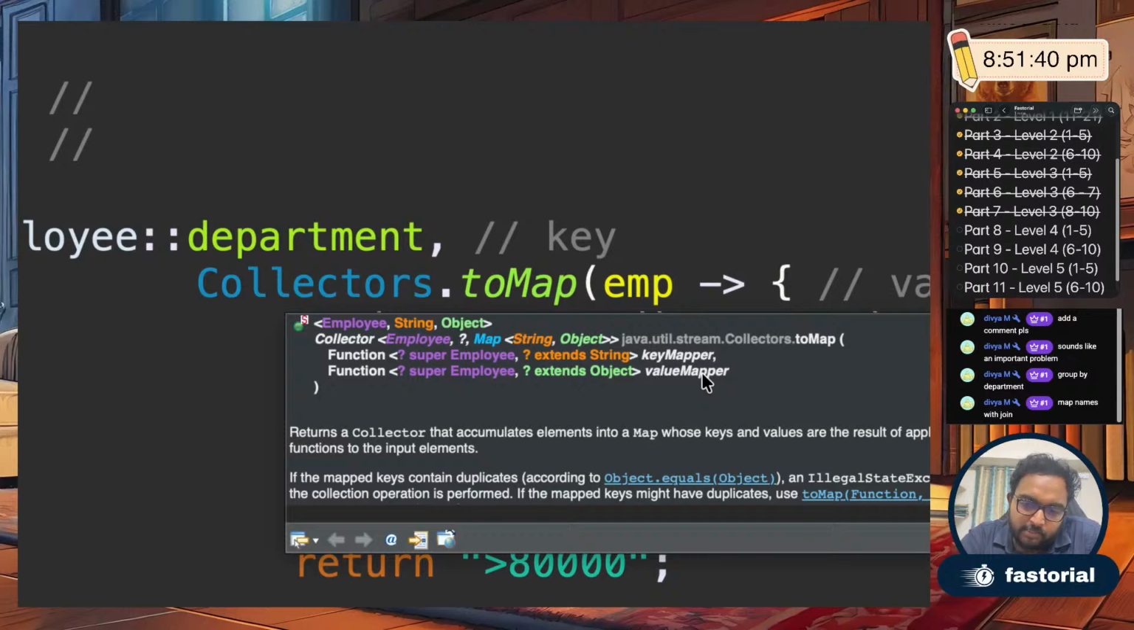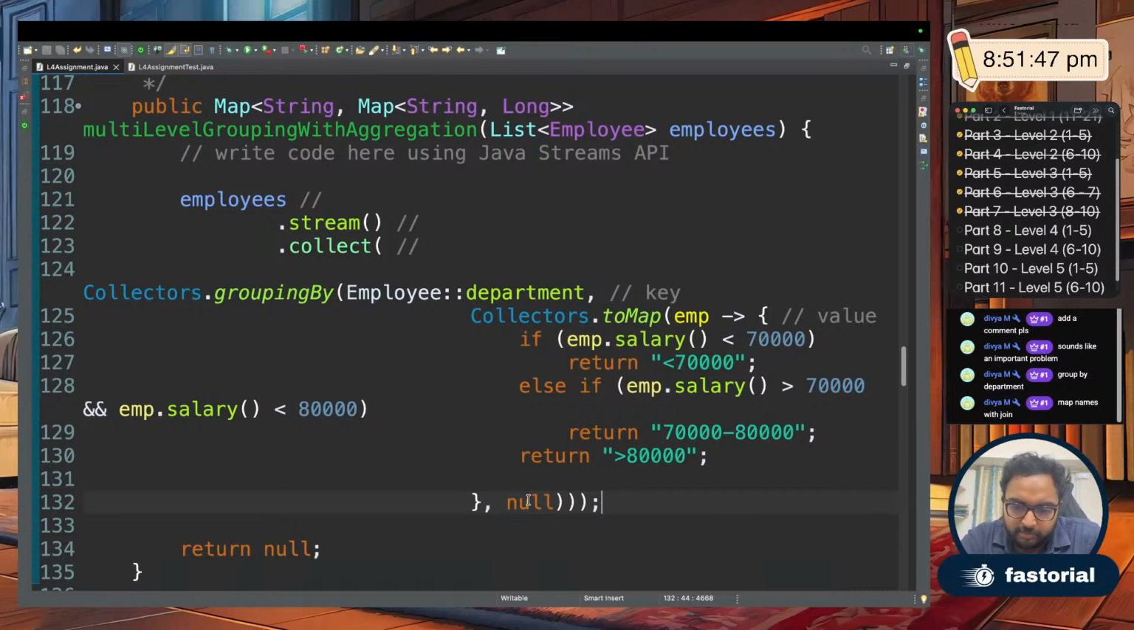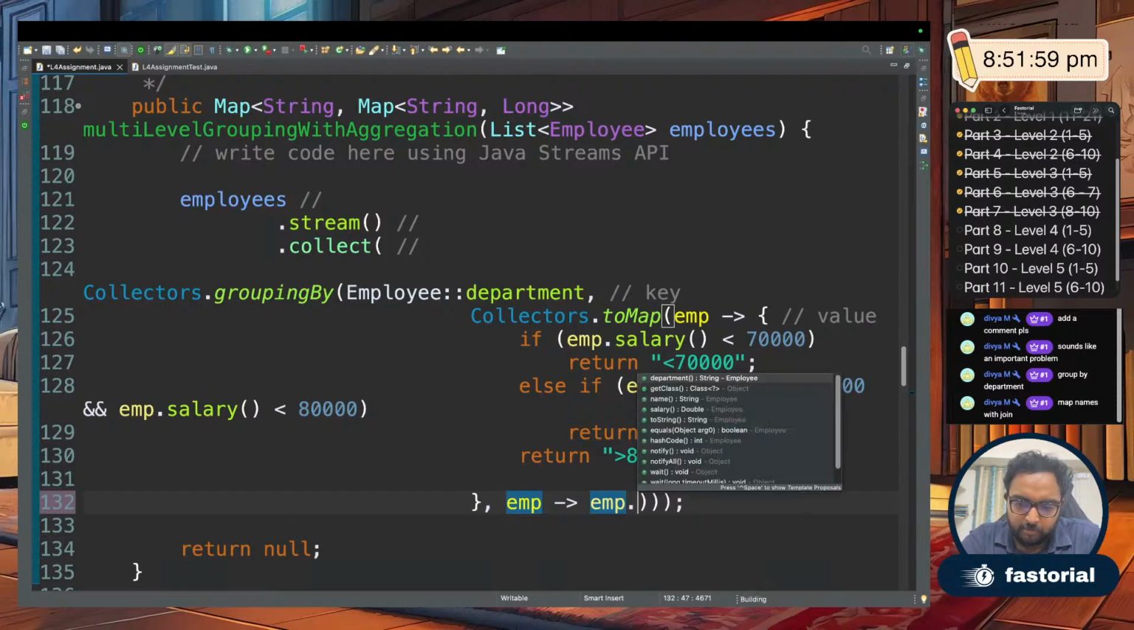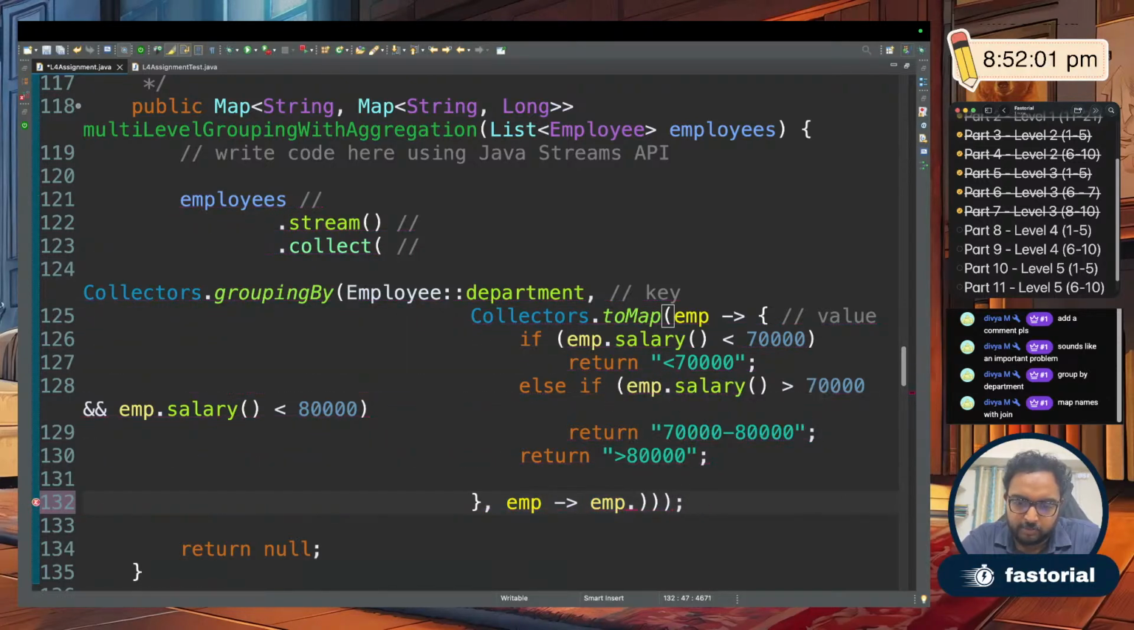What I was trying to do is give a function in the beginning and give a collector in the second. So what we should do instead is this second one also gets the same stream. Okay, so what I'll do is emp dot, oops, what I will do,